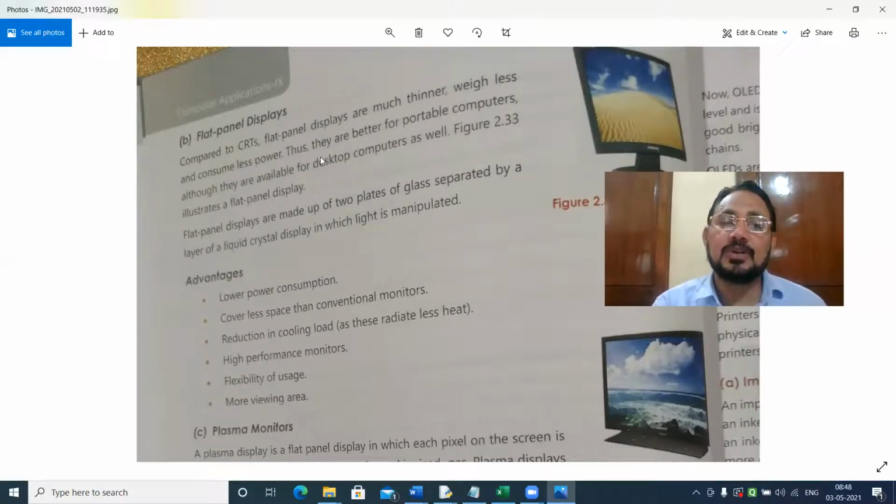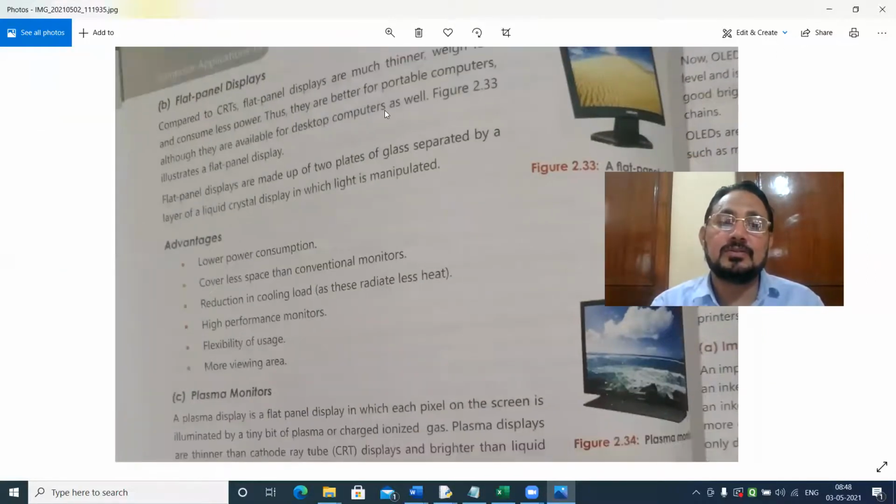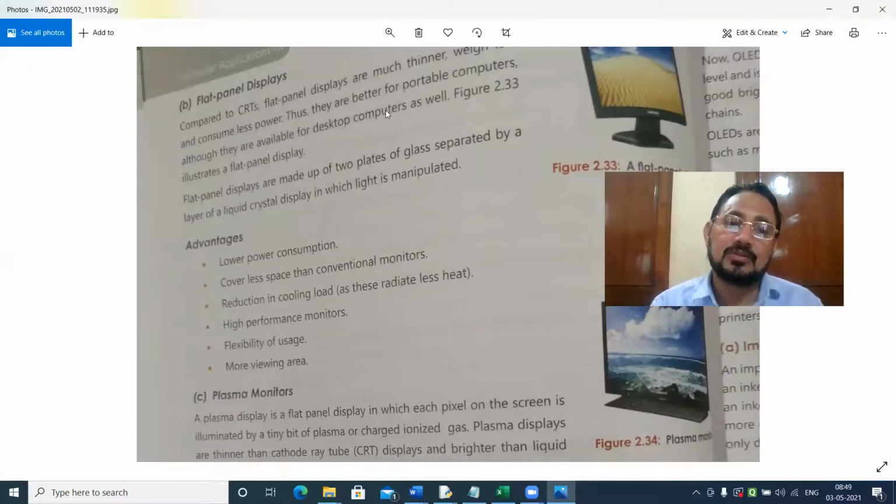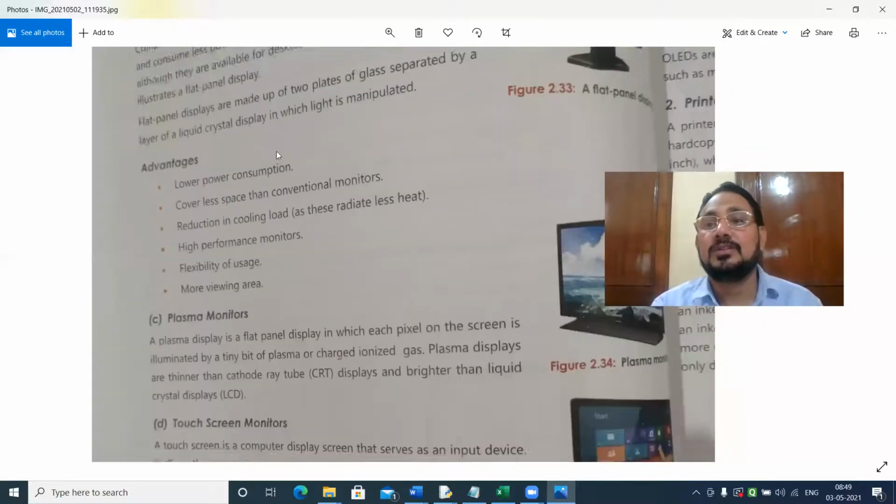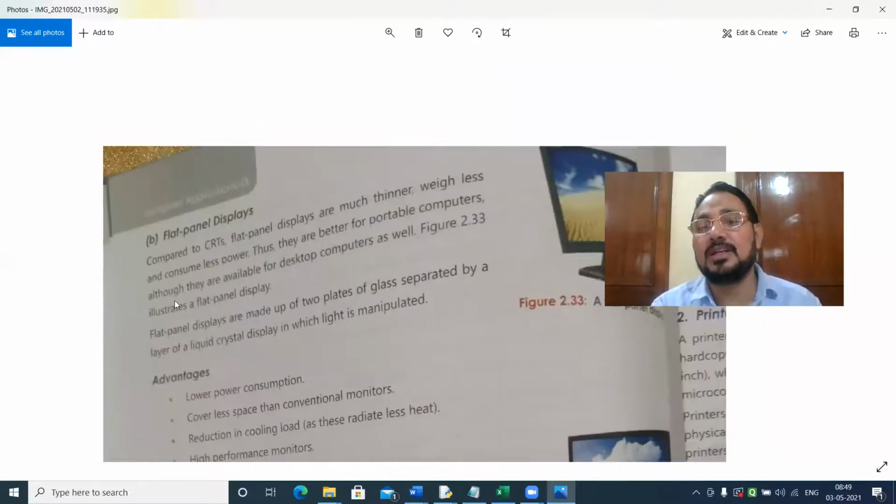Thus, they are better for portable computers, although they are available for desktop computers as well, and on laptops also we have a flat display. Flat panel displays are made up of two plates of glass separated by a layer of liquid. LCD monitors, we say liquid crystal display, in which the liquid is manipulated. So this is a flat panel device or LCD device.